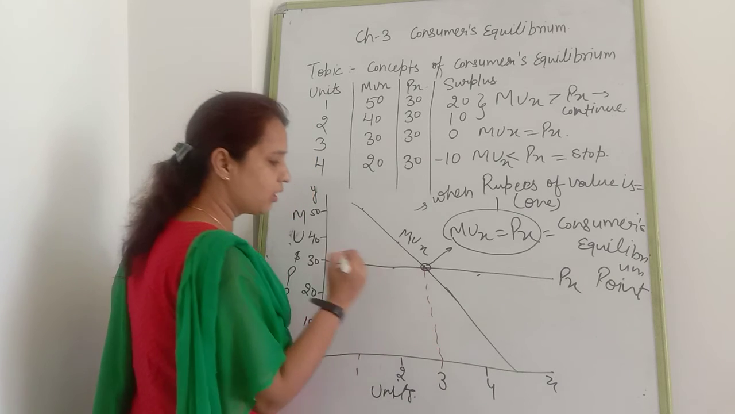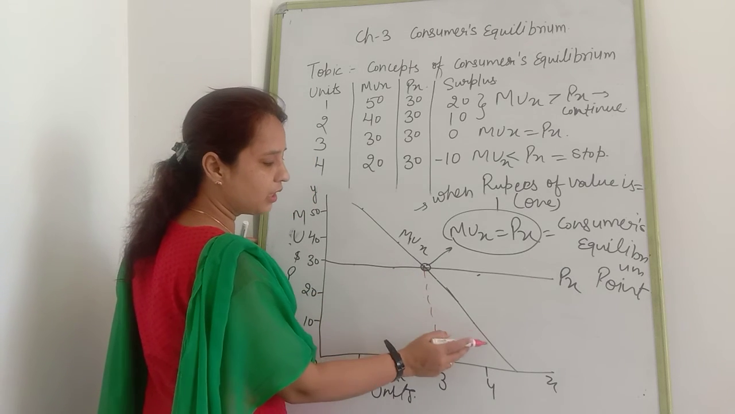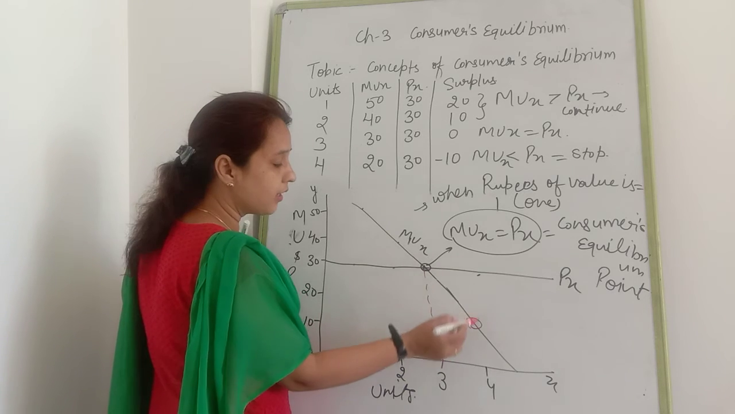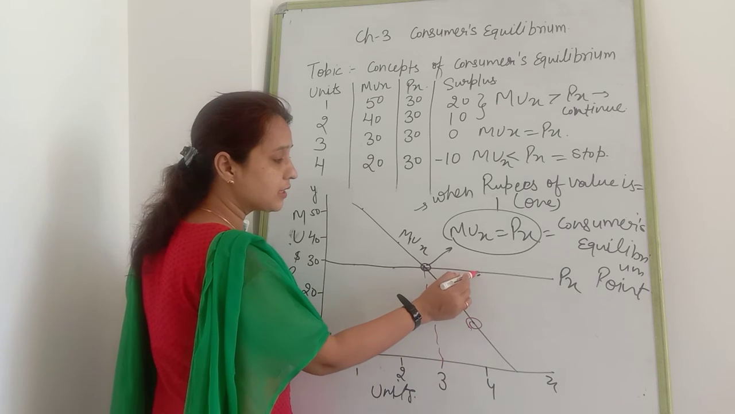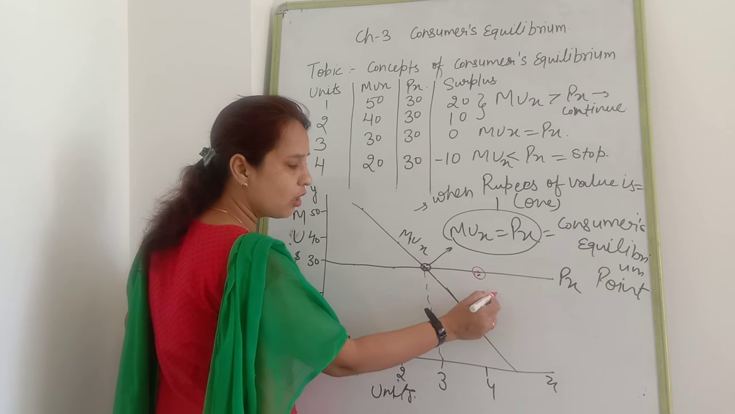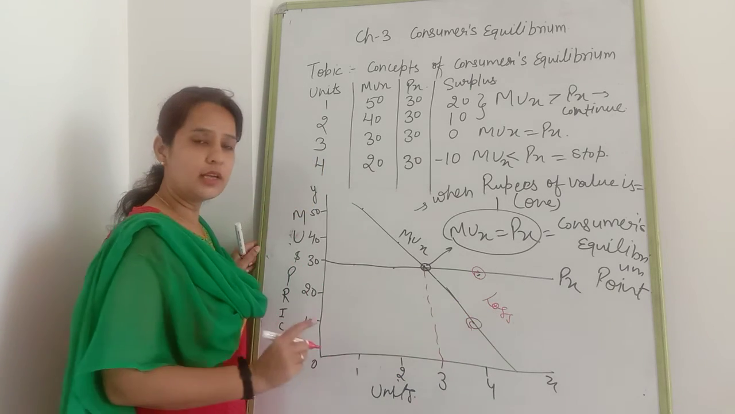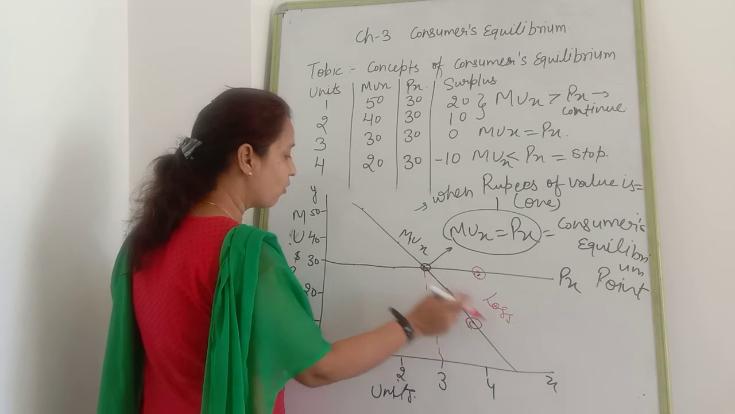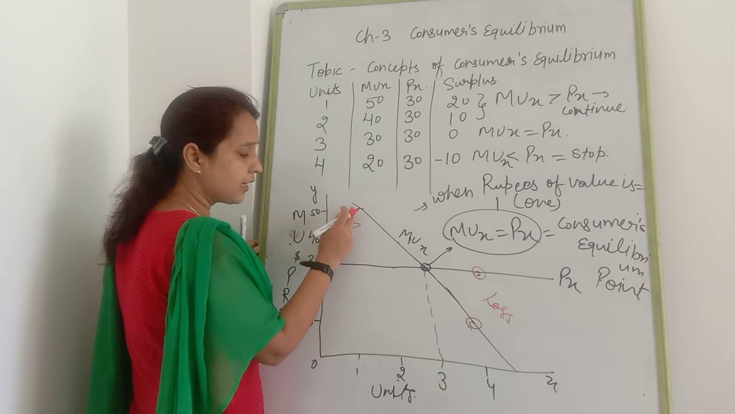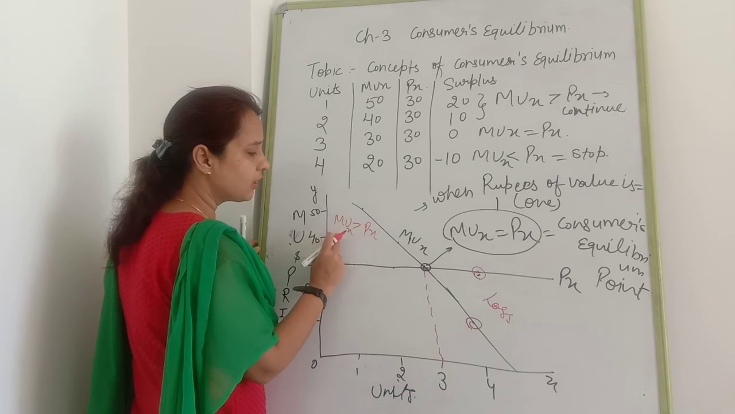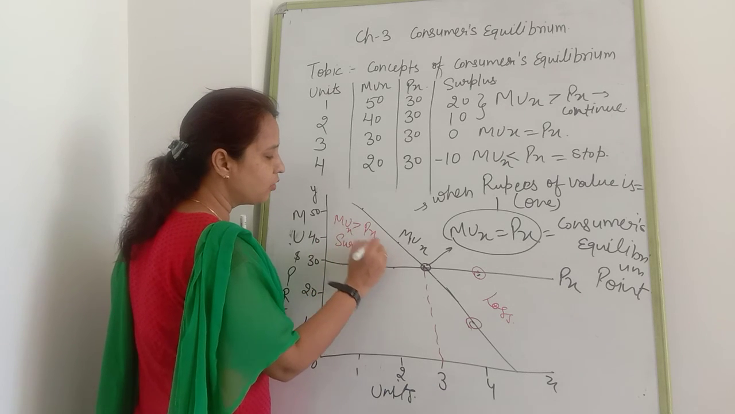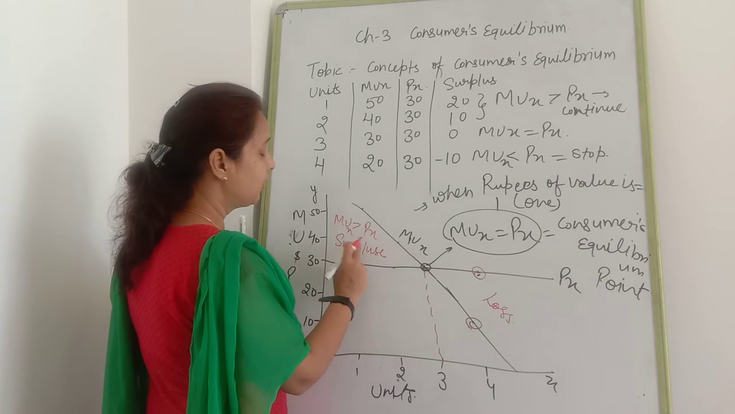After the equilibrium point, the consumer will be in a loss position. You can say MUX is lower and PX is higher. It means satisfaction is lower and the price he is spending is higher. So he will be in which position? Loss position. Due to this reason he will not spend this amount. Here you can see MUX is greater than PX. So in that condition he will be in which position? Surplus position. So he is going to continue his consumption